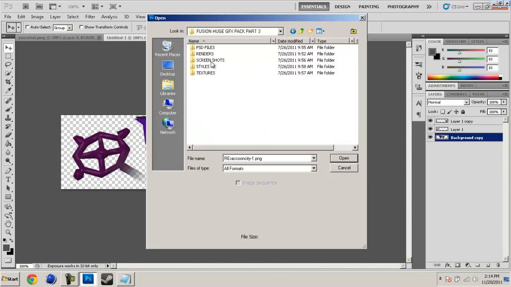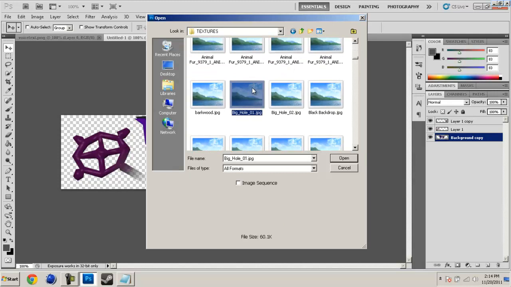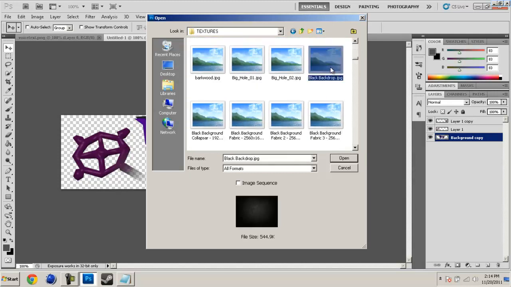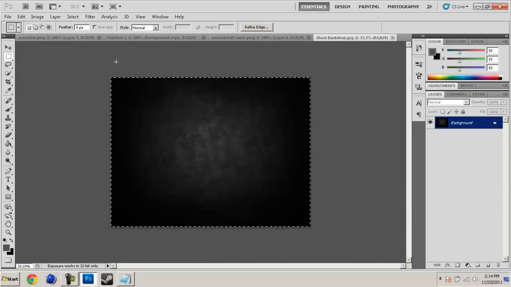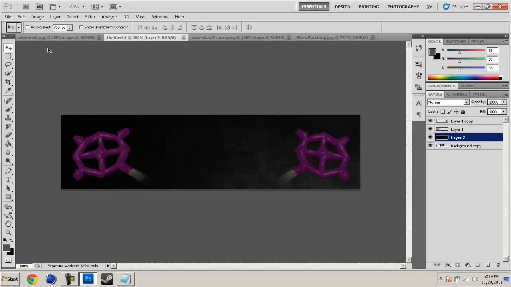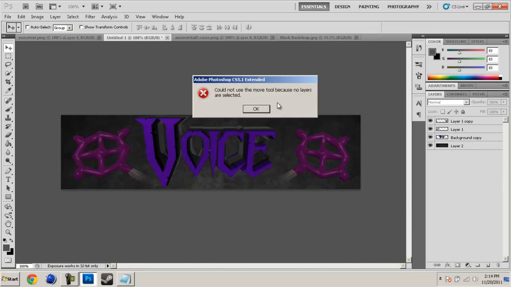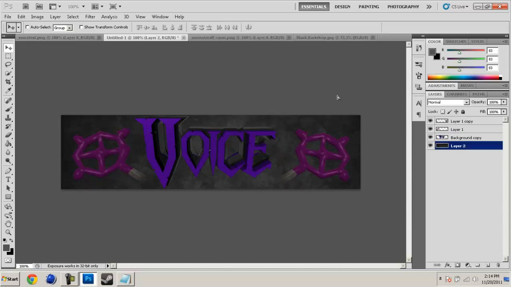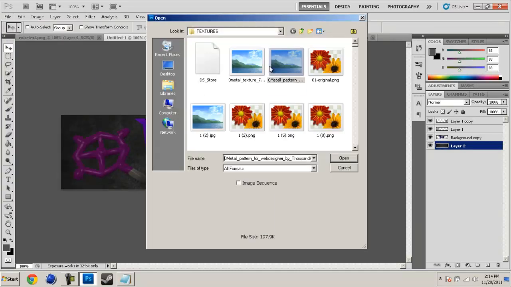Now, what I like to do is I'm going to just use a black backdrop. Oops, wrong one. That's pretty much going to be the background of it. And then